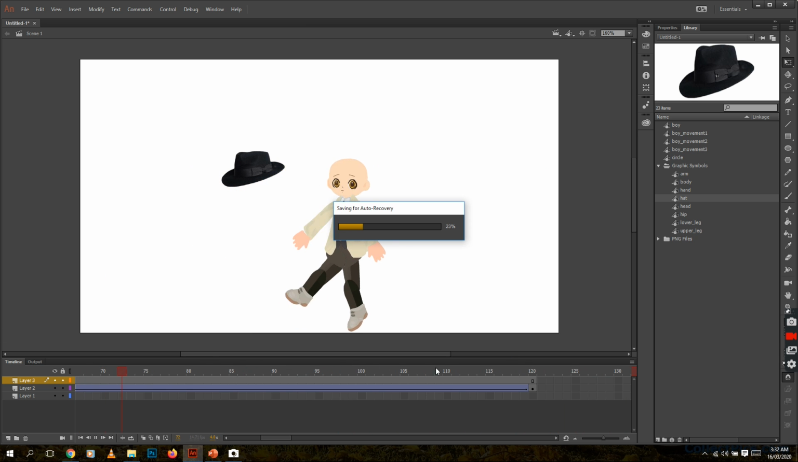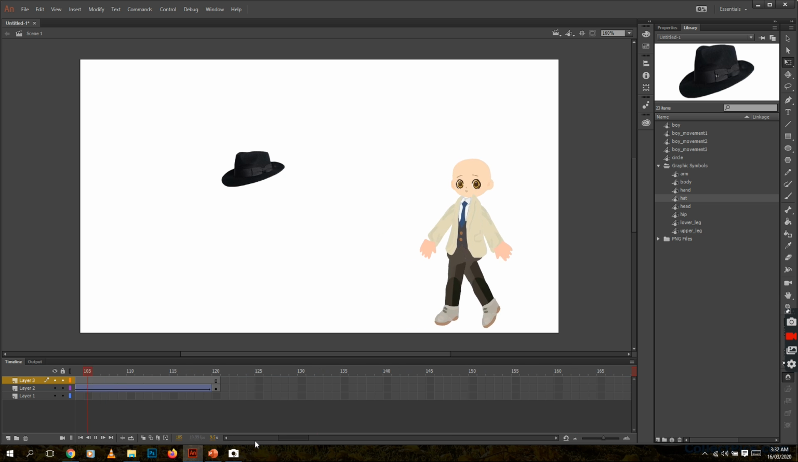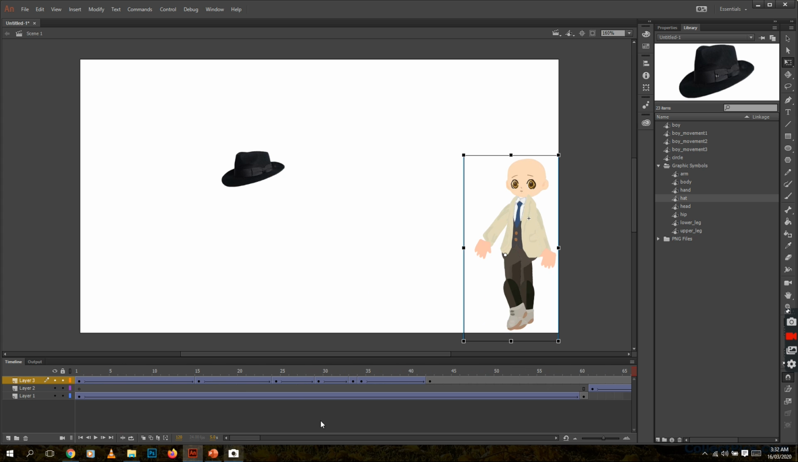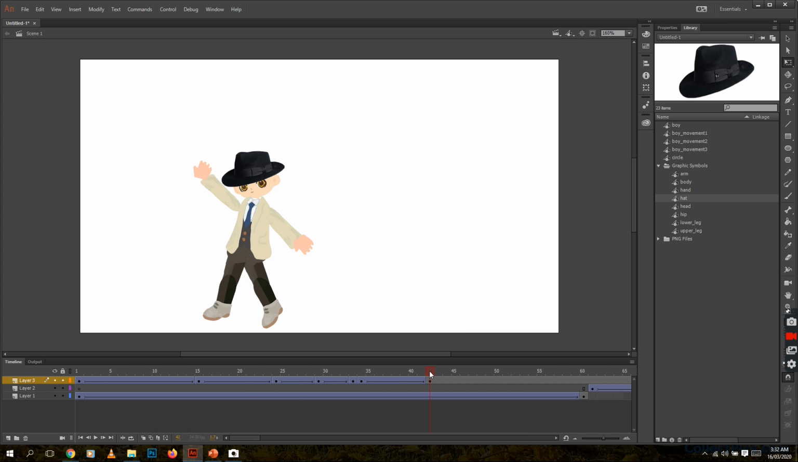So at this point, here, your character should throw the hat. So we will apply motion tween with motion pad on this part of the